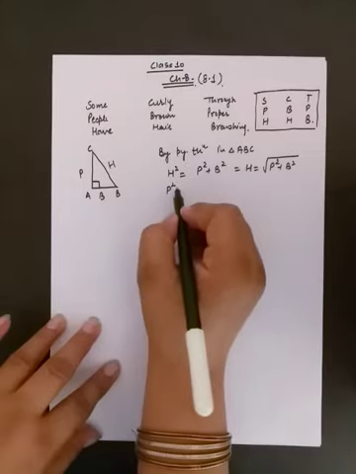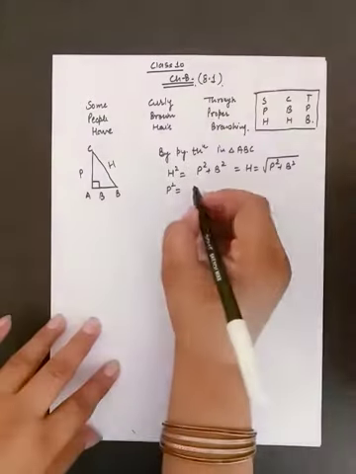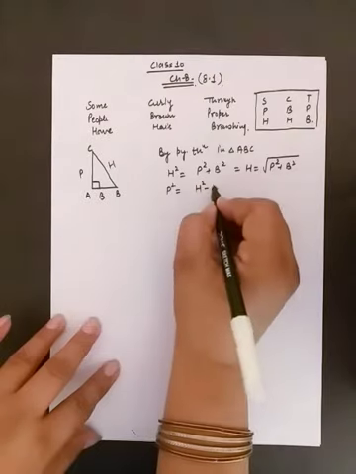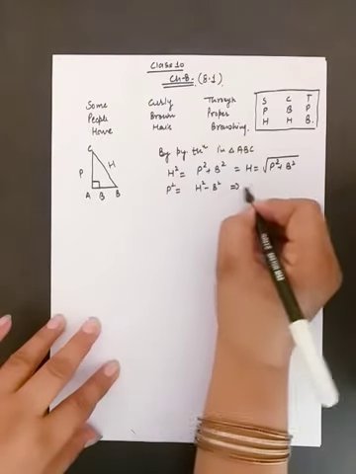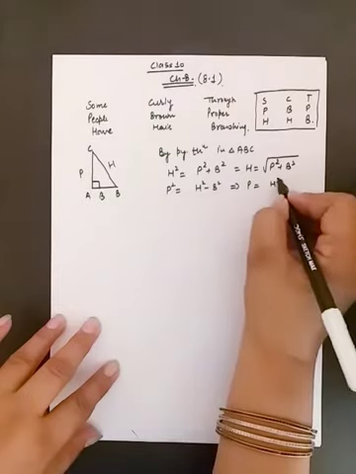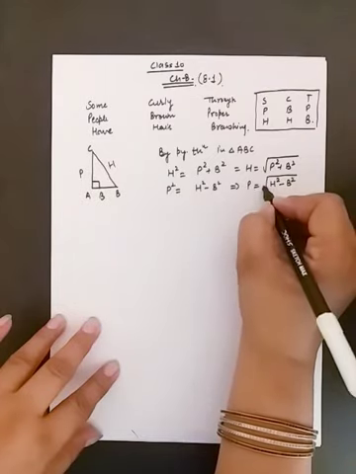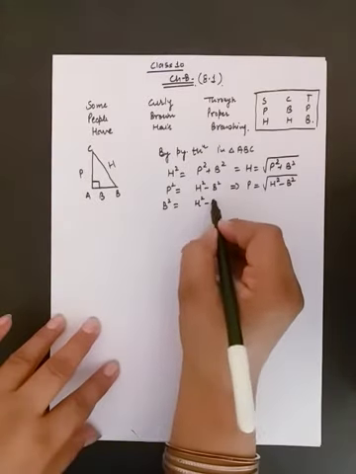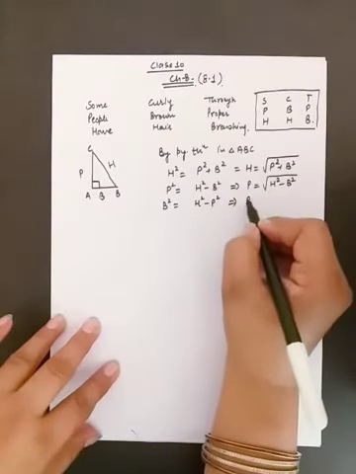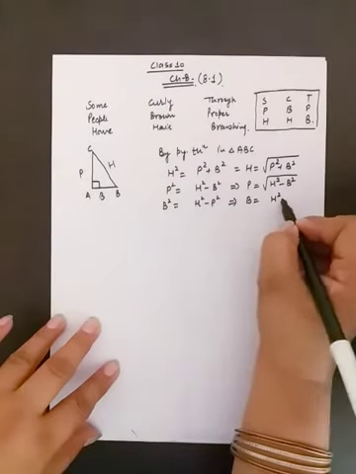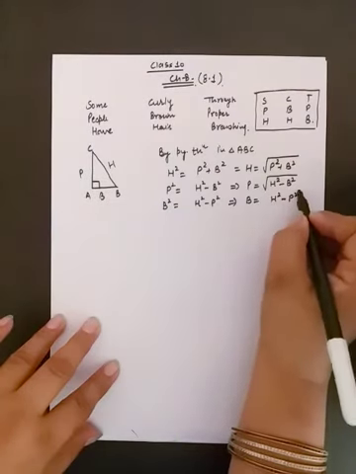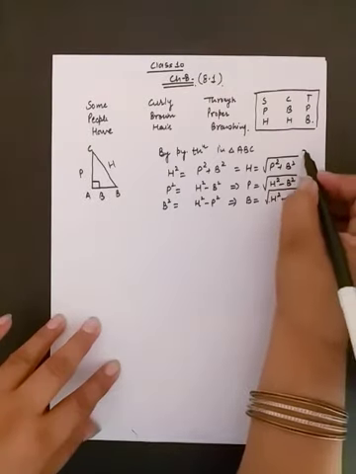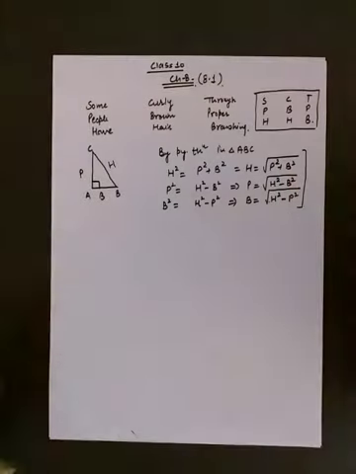Similarly, we can find the value of perpendicular. P stands for perpendicular. That will be hypotenuse square minus base square. Or we can say perpendicular is equal to hypotenuse square minus base square under the root. Similarly, base square is equal to hypotenuse square minus perpendicular square. Or we can say base is equal to hypotenuse square minus perpendicular square under the root. So by using these three formulas, we have to find the missing side of a right angle triangle in exercise